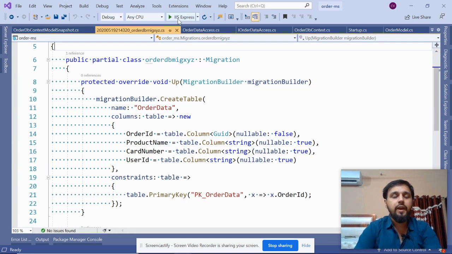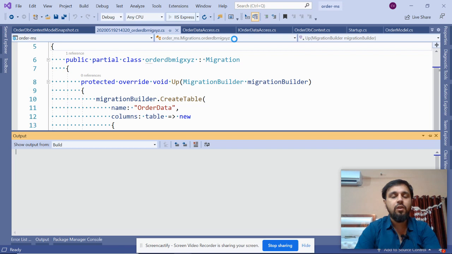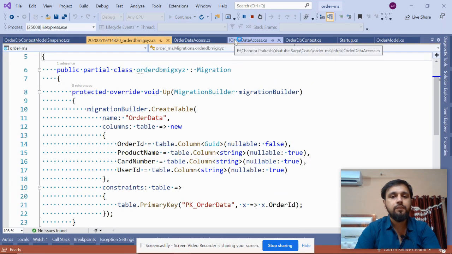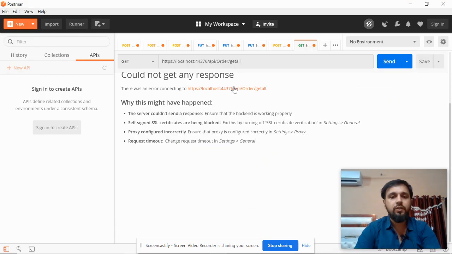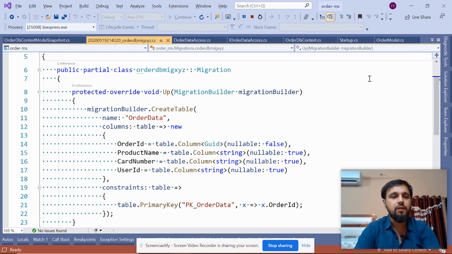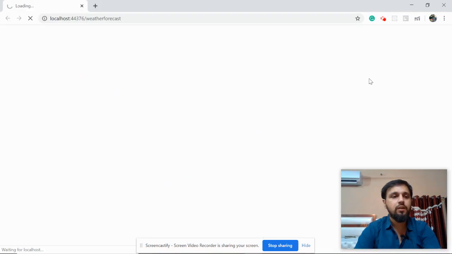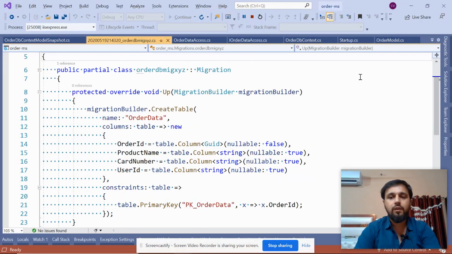Now has it created the database or not? To verify this, let's run the application once again. The URL is 44376, and try to get the data once again. But first let it load. Great.